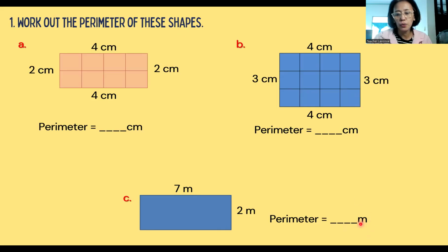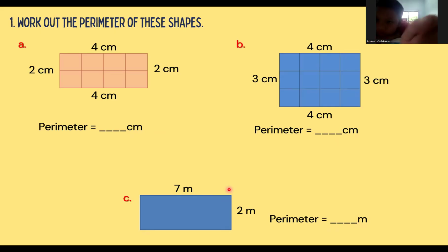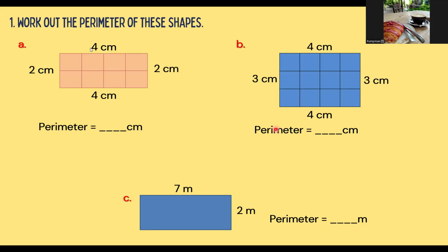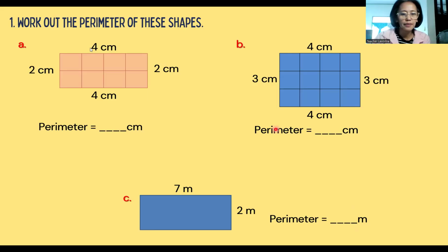This one is bigger now. We measure by meter. So what's the perimeter? Yes, teacher, I think maybe 18. I do it and I get 18. You can chat your answer here. Okay, Anawin said 18 meter. Don't forget to write m, meter. Paman said 18. Nina says 18 meter.